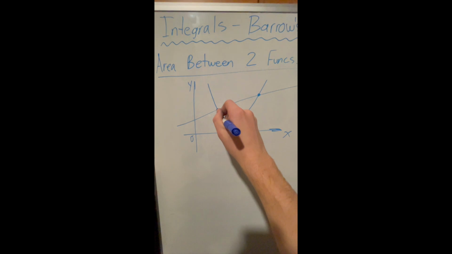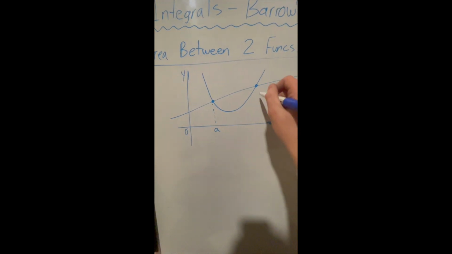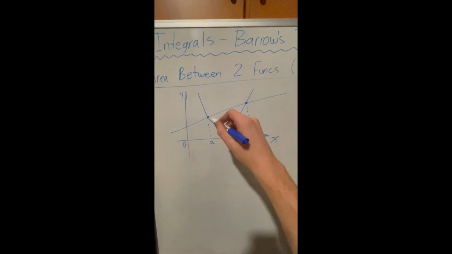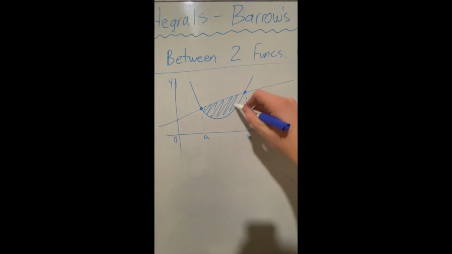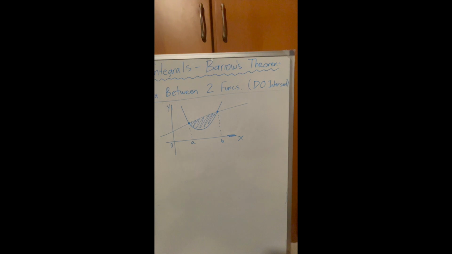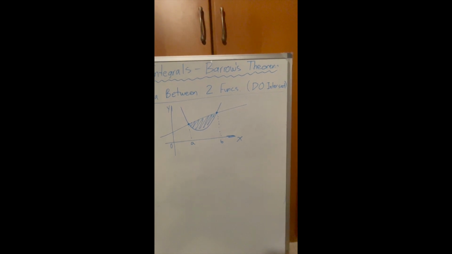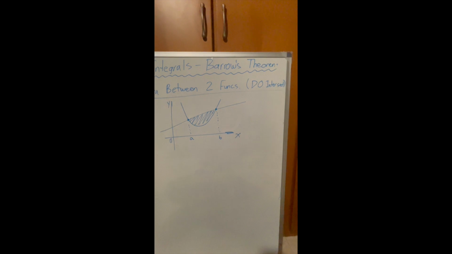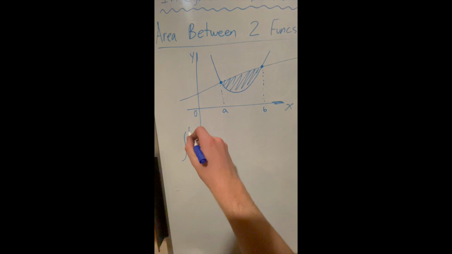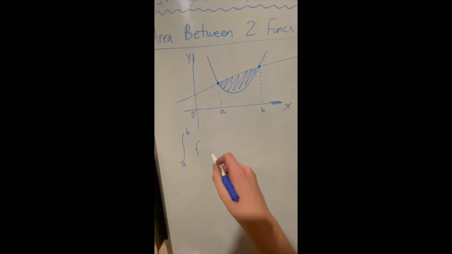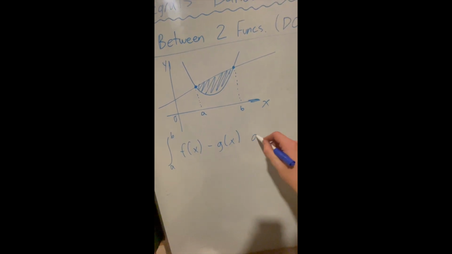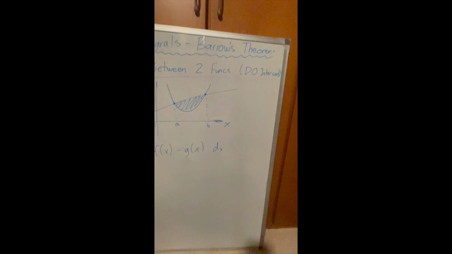Well, we want to find the area between points A and B, not under the curve, not above, inside these two functions. And to do this, we use Barrow's theorem by following a simple and quite straightforward formula, which is the formula of the integral from a to b. It is the same one as the previous one, f of x minus g of x dx,